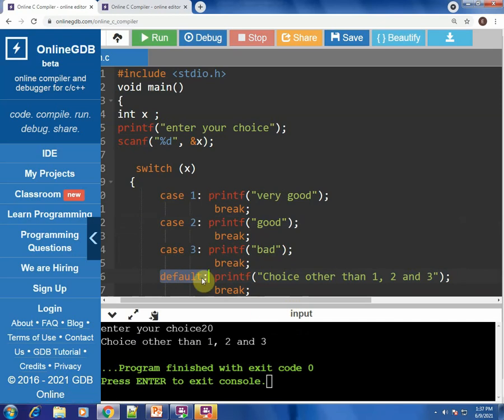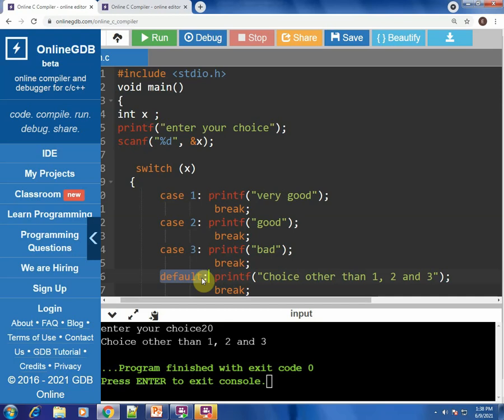Now sometimes some of you would have a question: what if we don't write the default statement? Is the program correct? If you don't write the default statement, then also the program is correct. It is not compulsory to write a default case, but the default case is written for the situation when none of the cases are satisfied or none of the cases get executed.